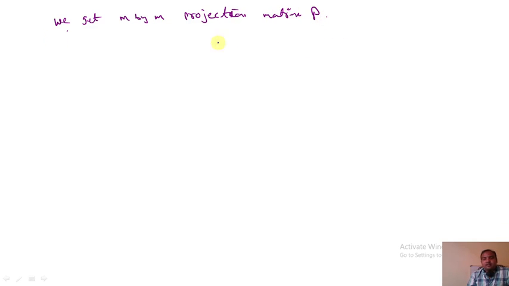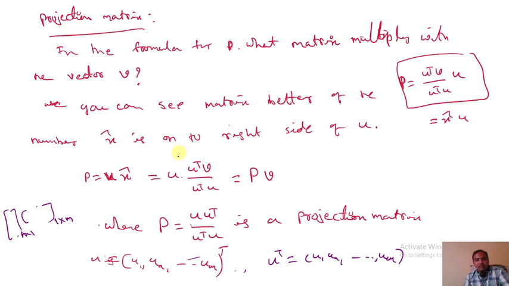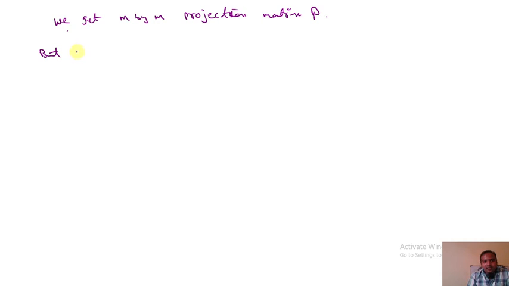But what is the rank? Observe here, we are multiplying only one column. That means we are multiplying one dimensional column, one vector to another vector. We are getting an m by m matrix, but only one non-zero row or one non-zero column. That means the rank must be 1. The rank of capital P is 1, because we are multiplying one dimensional vector to another one.